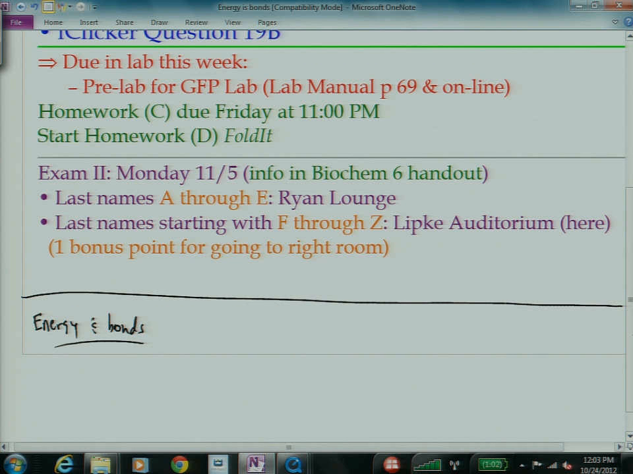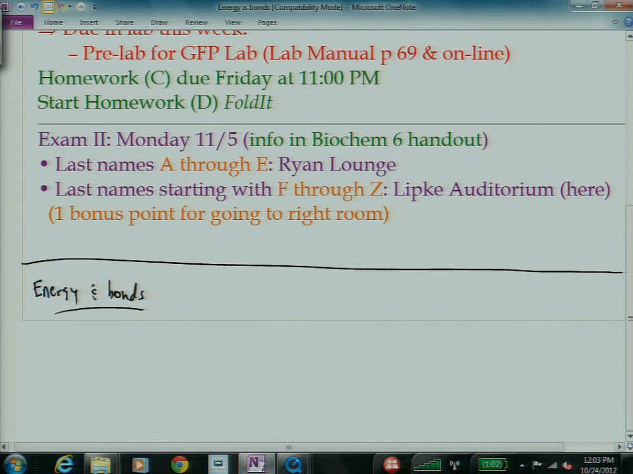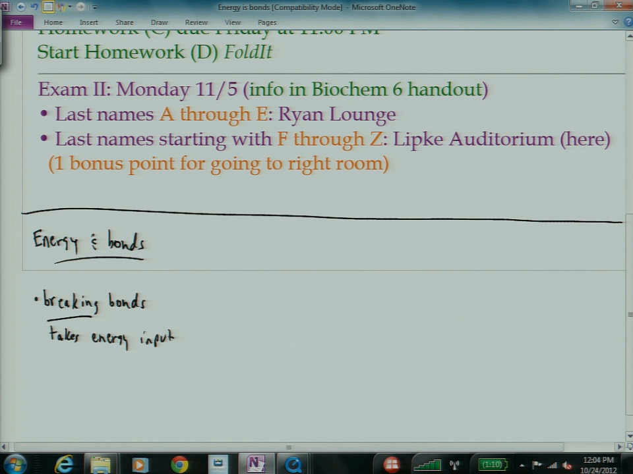So that breaking bonds takes energy input. All right? Therefore, it is delta G positive. You have to put energy in. It's not spontaneous. Making bonds